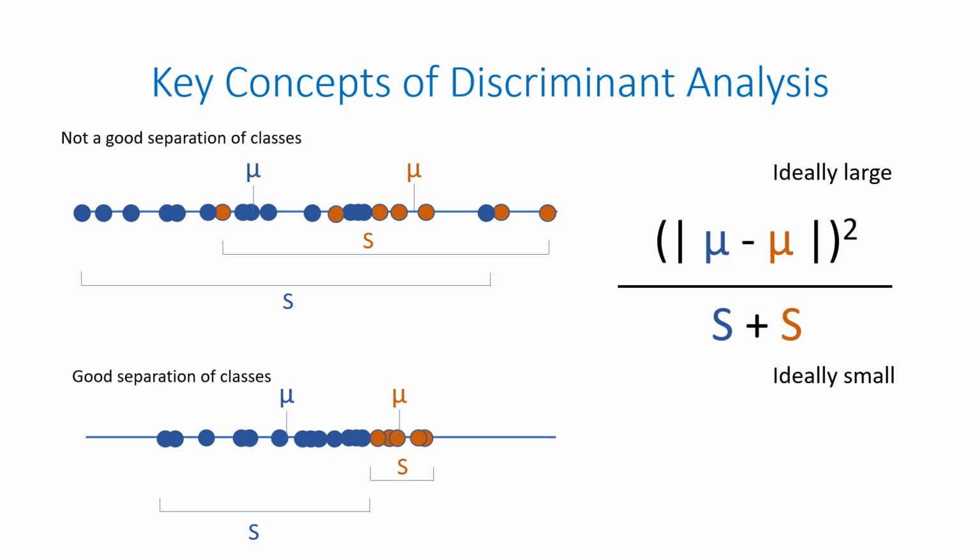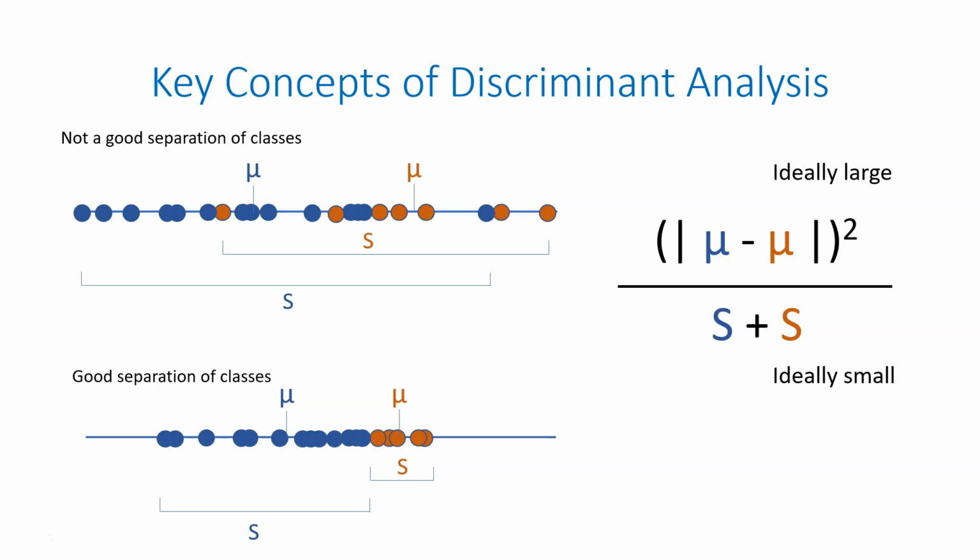Why does it need to minimize the scatter at the same time? Well, let me show you what happens if the within-class variation is not minimized at the same time that the between-class variation is maximized. If you take a look at the diagram on the top here, we have a situation